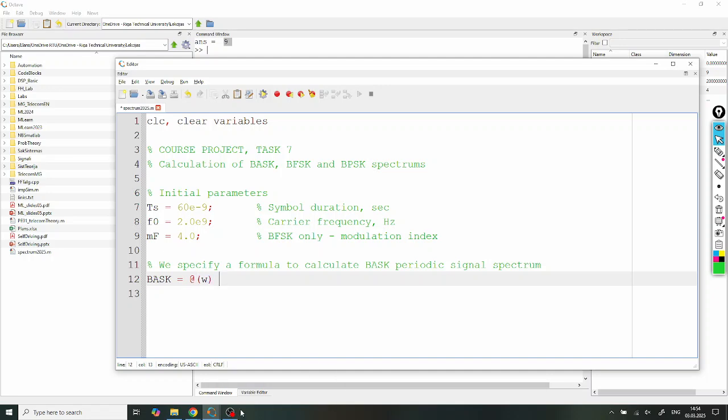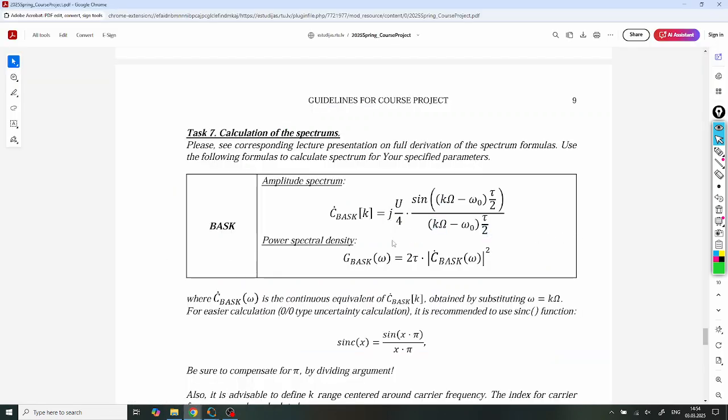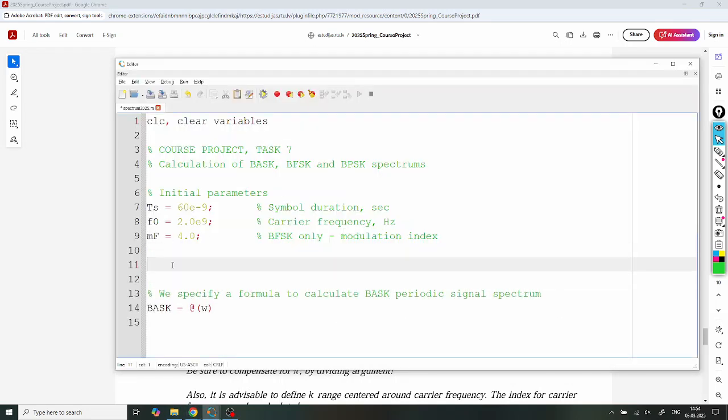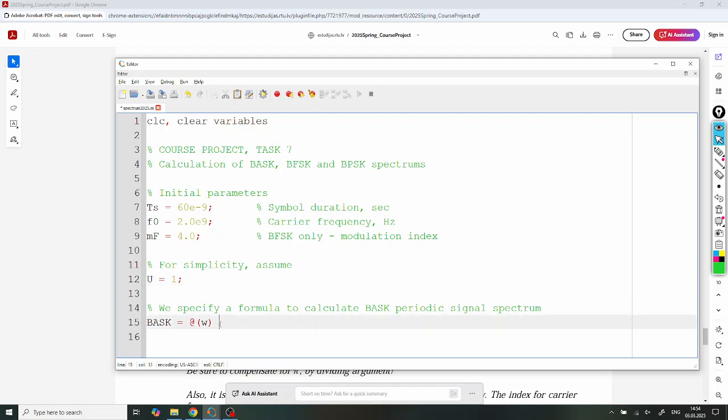And here we will write down this entire formula of the spectrum, which is j u divided by 4, which, for simplicity, let's assume that u is just 1, not to haggle it around, just to get rid of it. So u versus 4, sorry, also multiply it with 1i, that is the complex unit, the imaginary unit, multiplied with,